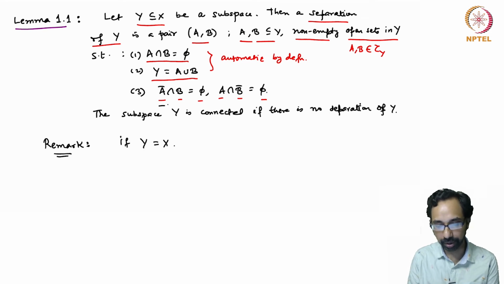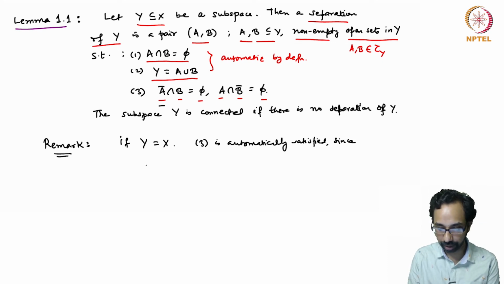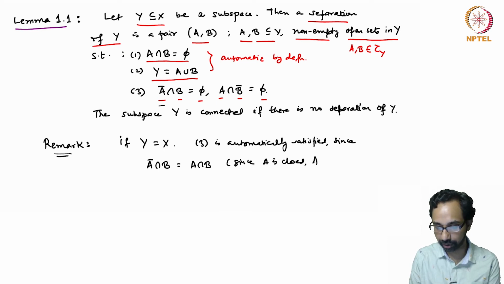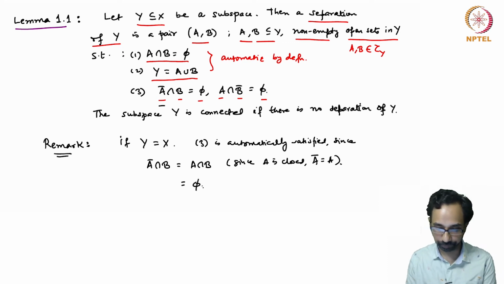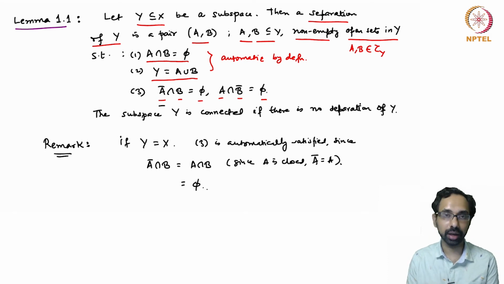On the other hand, the third part is also automatically satisfied, since A closure intersection B is equal to A intersection B. Since A is closed, we have A closure equals A, and this is an empty set. So the third part is automatically satisfied if you take Y to be X,